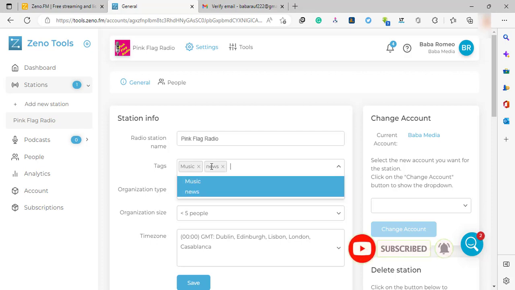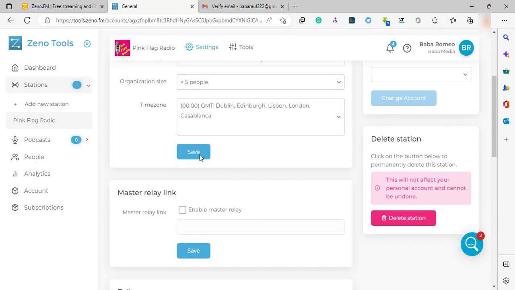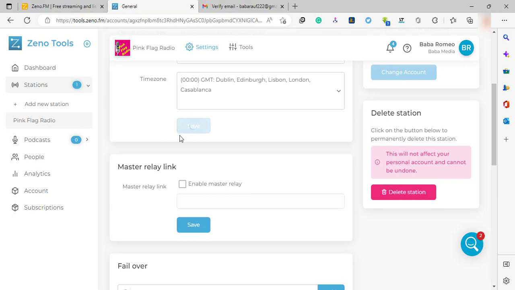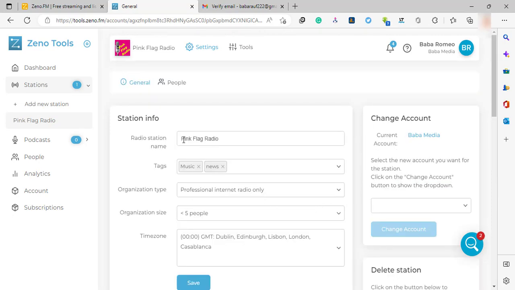You can add whatever tag you feel like adding. So that is it, and after that you click on save. Now we are done with the settings here, so let's go to tools. Under the tools tab here, you click on that,